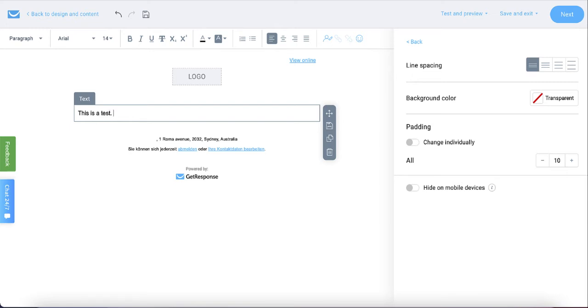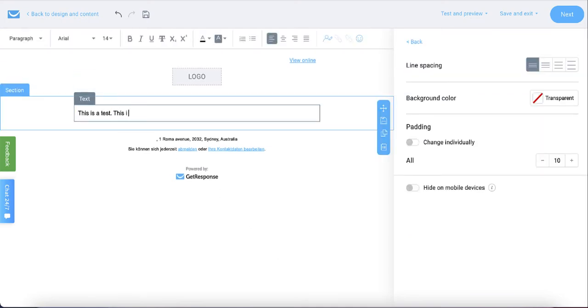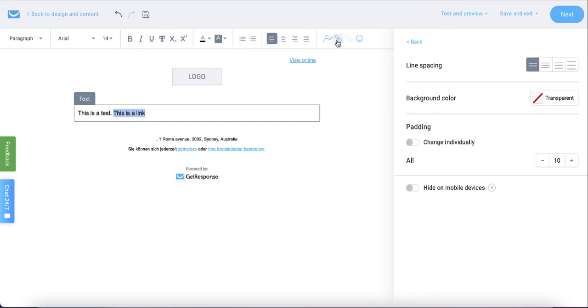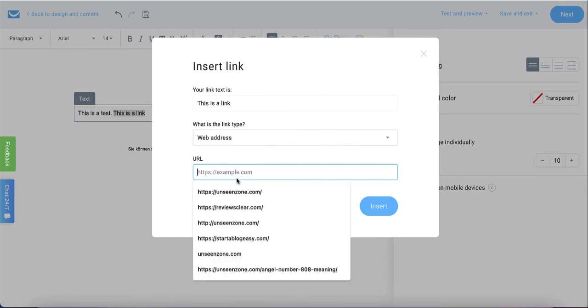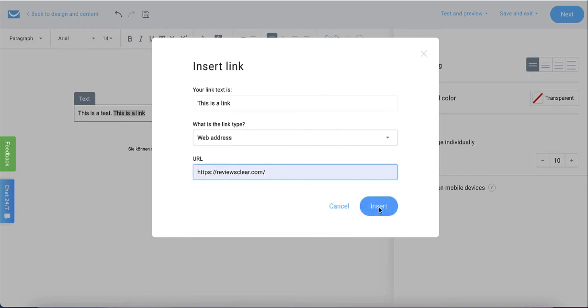And then I'm gonna have a product. For example, this is a link. If you wanna actually link it to another website, you can select it and click on this button, and then type in the actual URL, for example, your reviews clear,